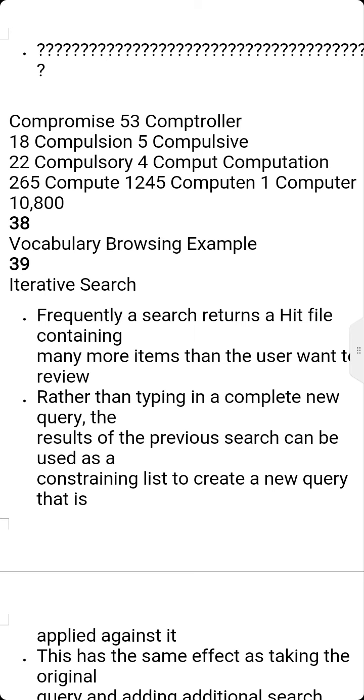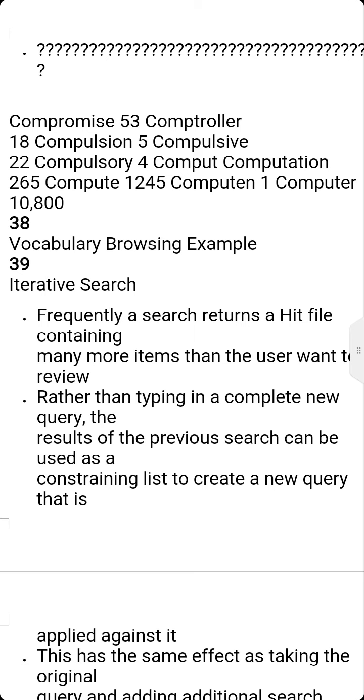In this iterative search, rather than typing the complete query, suppose you are typing JNTU previous question papers. When you type a single word, JNTUH, previous papers are automatically displayed. In that you choose which year's papers you want.